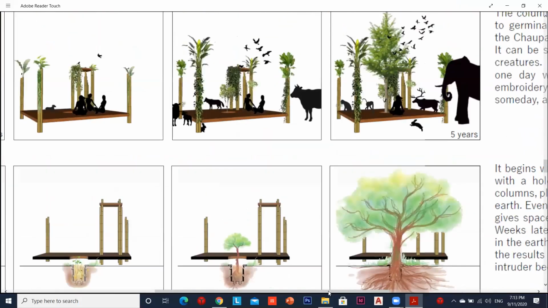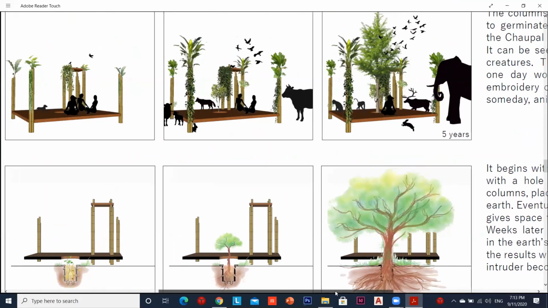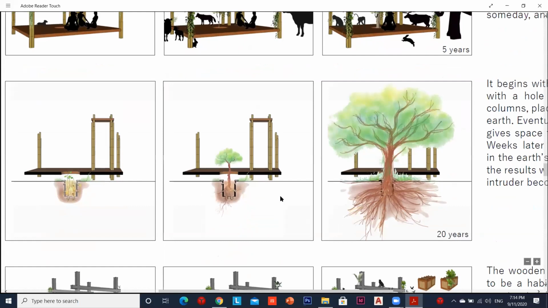One looks at just the substructure, as to how life can be supported. The whole idea was that we wanted to create frames that hold seeds which would germinate. We've discussed this with a lot of instructors as well, and it relates to the idea of seed bombing. The intervention we put is really sly, and it mixes with the urban fabric. But suddenly we have planted these seeds in these frames at various levels, from the substructure to the columns to the plane, through the plinth where they come and sit, and eventually, within time. Each of these boxes has a life cycle of, say, 0 to 5 years, 0 to 20 years, 0 to 50 years.